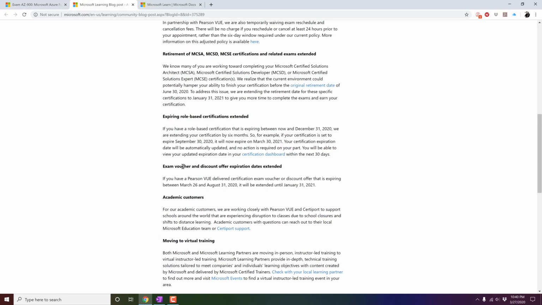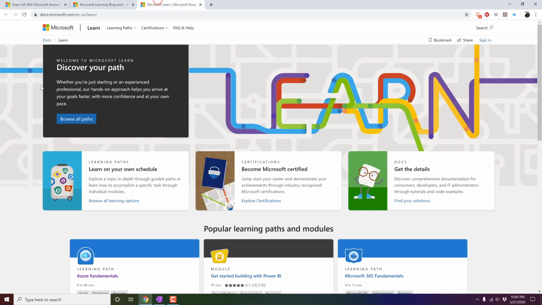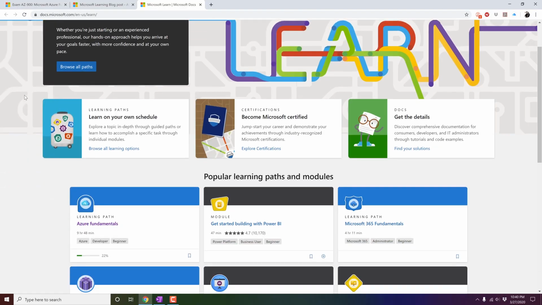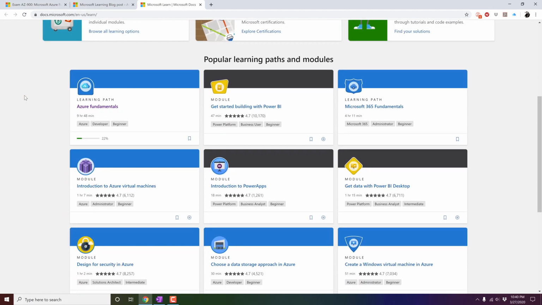And in the last link, I would like to share that Microsoft has recently launched this website, which has information about learning guidelines, about the technology, and videos for different technologies. For example, Azure Fundamentals, Power BI, 365. You can learn a bunch of things with Microsoft, but these are all free videos and free modules, which can give you basic ideas, but don't think they will give you very detailed or in-depth knowledge about each and every concept.